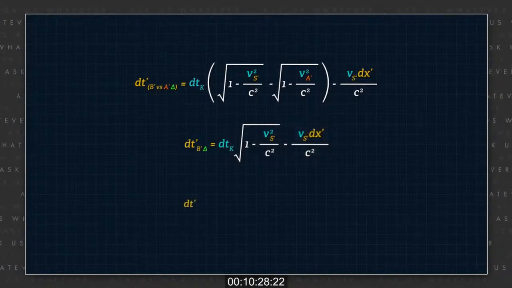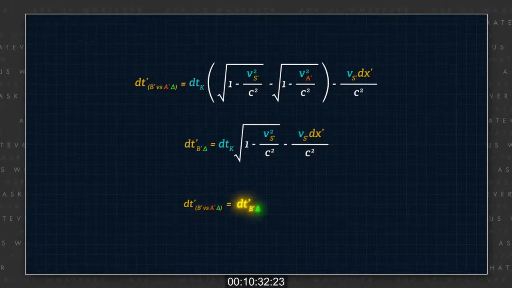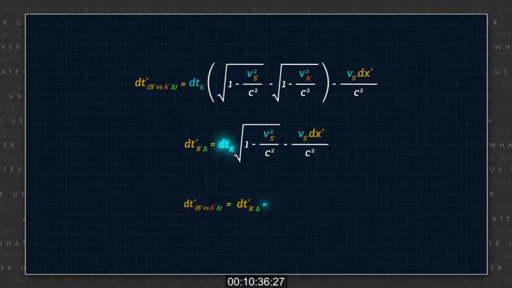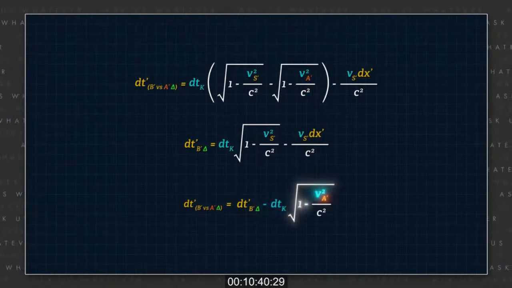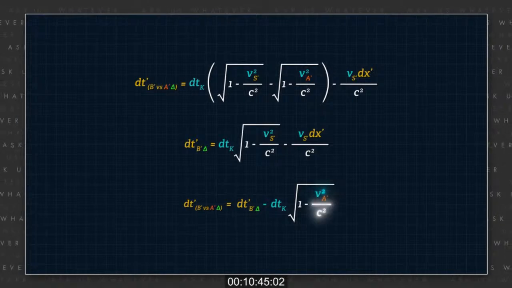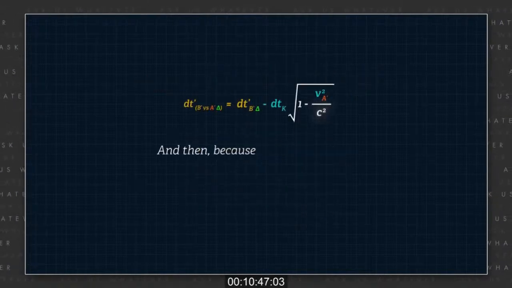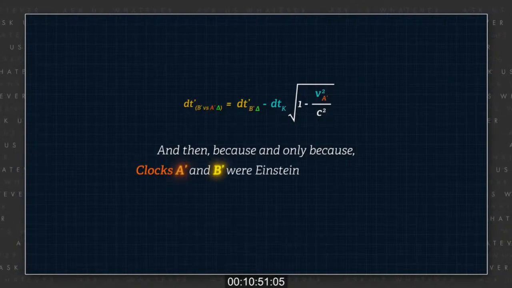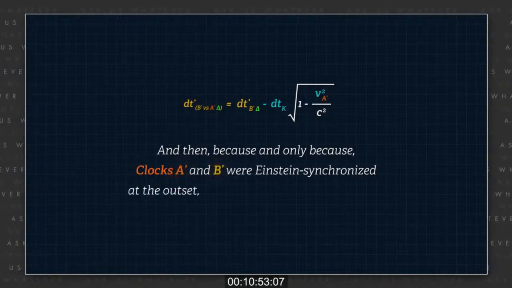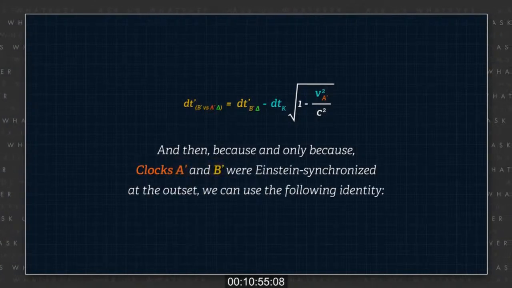The difference in readings on clocks A prime versus B prime can then be written as dt prime sub B prime, as adjusted for clock offset, minus dt measured on clock K times the square root of 1 minus the speed of clock A prime with respect to system K squared over c squared. And then, because, and only because, clocks A prime and B prime were Einstein synchronized at the outset, we can use the following identity,